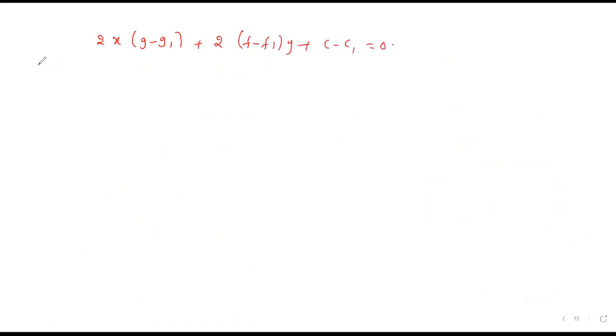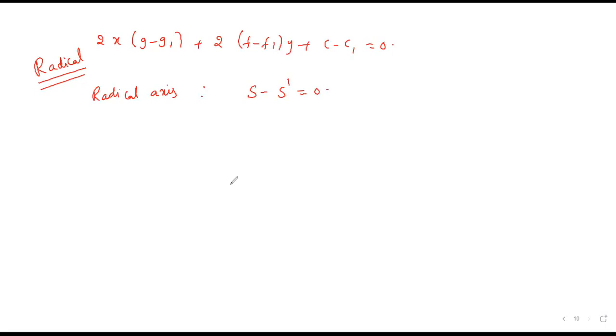So this is the locus of the given point, equating the lengths of the tangents. This is nothing but the radical axis. Or simply, the radical axis is the difference of two circles, with the x square and y square coefficients the same: S minus S dash equals 0. By subtracting one circle from the other, you get one line equation, and that line is the radical axis.